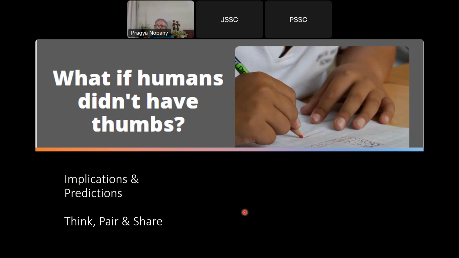That is when the children will think about it, and then they will think, if there is no thumb, what all could not be done, right? So this is how we can strengthen and nurture their capability of thinking in new situations and then find the solutions. And then we can ask them to think and then become a pair, connect with their partner, exchange their ideas, and take the ideas further.